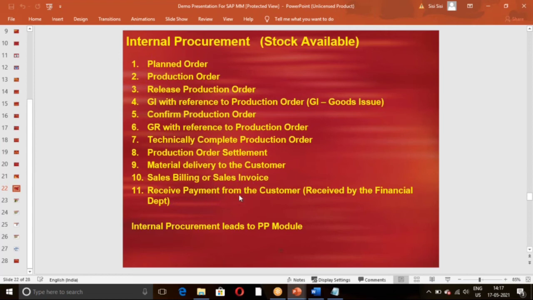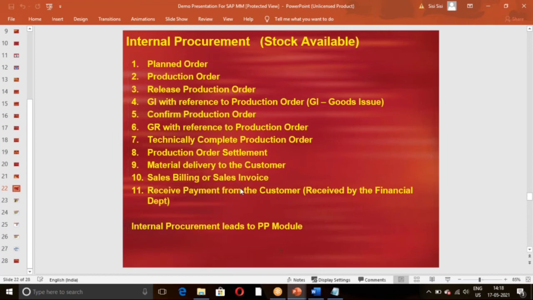Here the company is going to receive the payments from the customer. In the previous case, the company has done the payment to the vendor, received by the financial department. Okay.